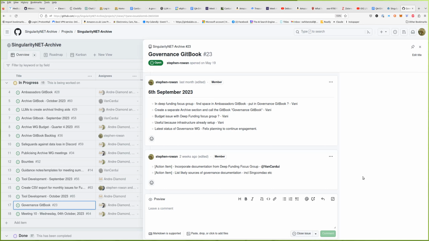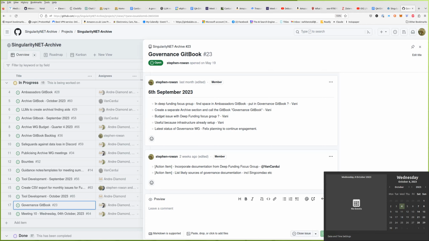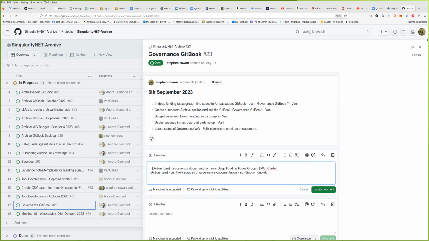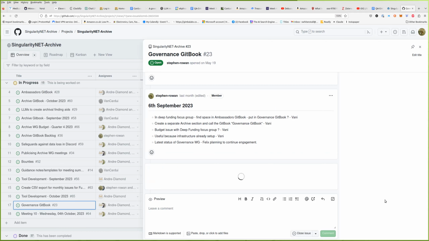It's not an archival Gitbook. We've had this conversation before that it's not chronological. It's not meant to be an archive. So I think there are questions about crossovers and what goes in the archive, what goes in here. But this is like a guide to governance. I don't know if we should have a references section, some reading that people can use, where governance discussions are going on, all this kind of stuff. Any thoughts, Felix, on this?